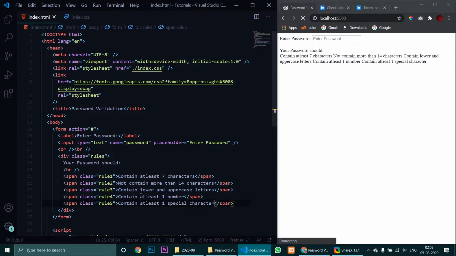Yeah, so these will be our rules. So this will just be our HTML part. So now let's jump to the styling part.